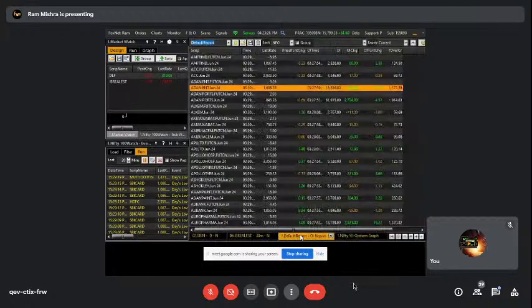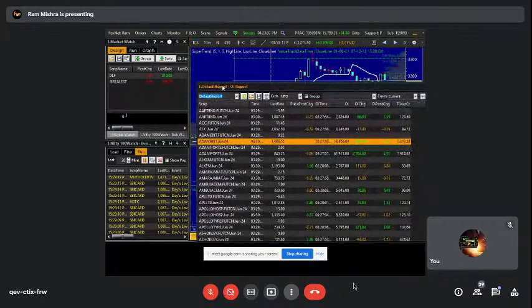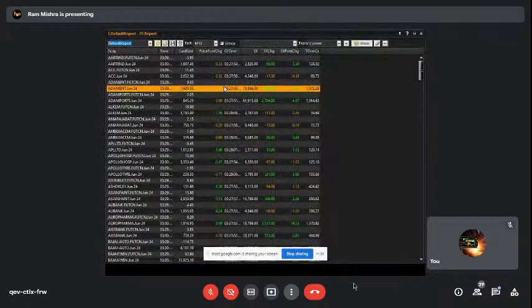Then we have an option of OI report. What the OI report does is let us see on which script we are having long build up, long unwinding, short build up, or short unwinding. To check these, we have these drop downs. Here you can see price percentage change up and OI up, and click on show.